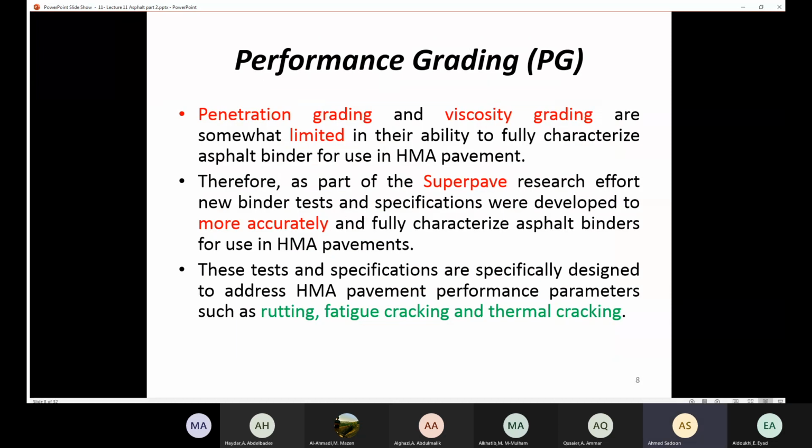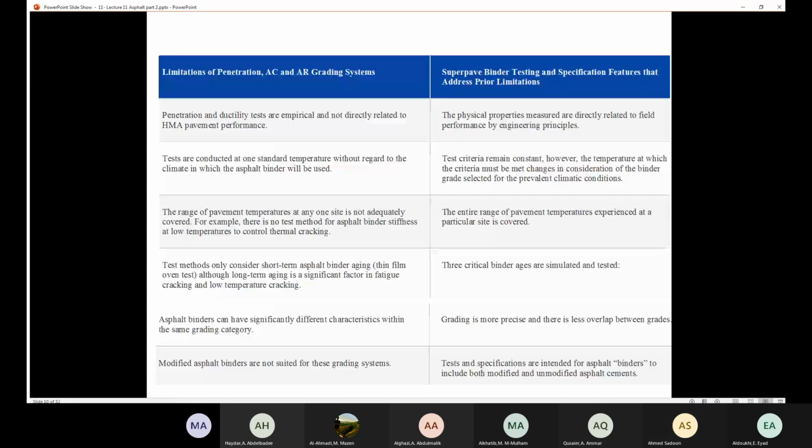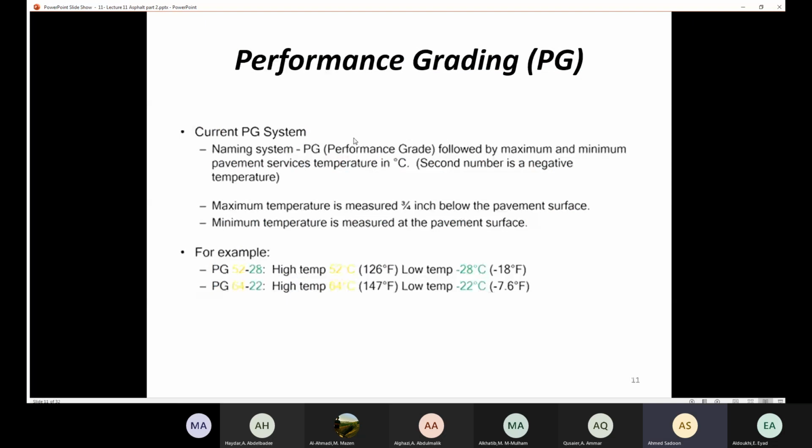And we talked about only an introduction to the performance grading. This method has been introduced because of the limitations in the penetration grading and the viscosity grading. So today we are going to talk about how to understand the performance grading. So the current PG system,